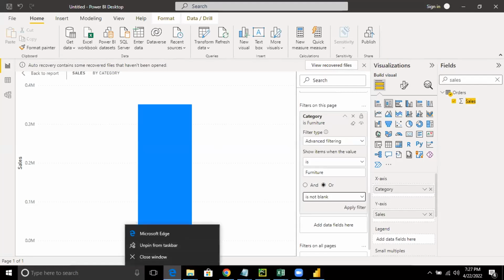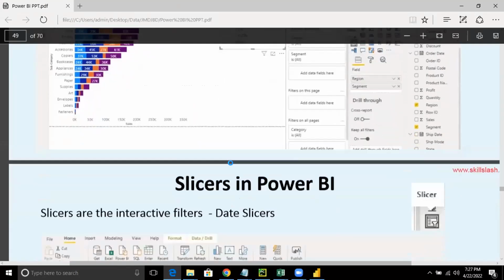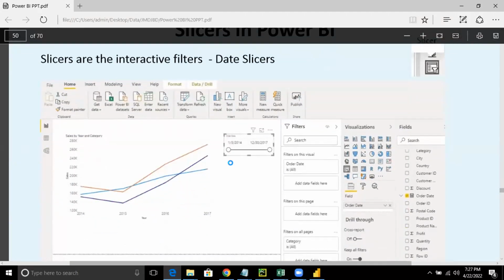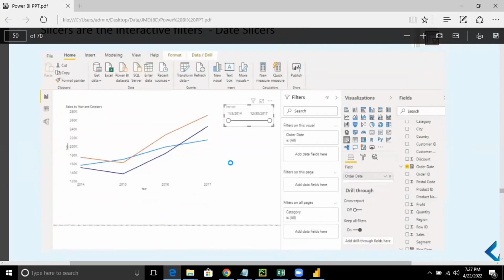Now let us go back to our PPT. So advanced filters are clear. Now, slicers are nothing but the interactive filters. You can have date slicers added onto your Power BI. In the field, you will add the order date, simple, right? In the order date, if you drag and drop from 1st of March 2014, I want the information till 5th of April 2014, that can be dragged and dropped like this. You will see that this graph will tremendously change. This is one very big benefit.